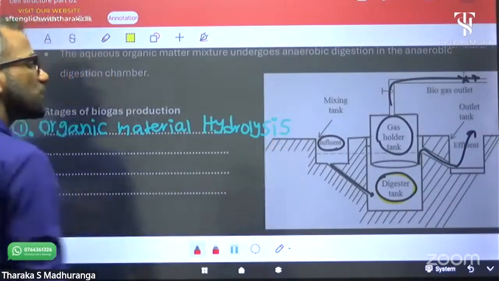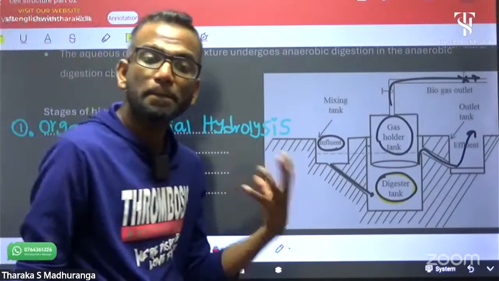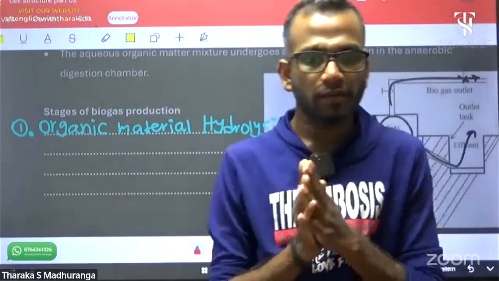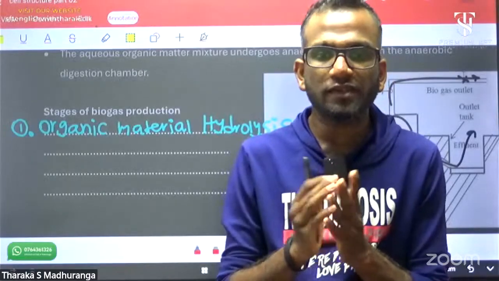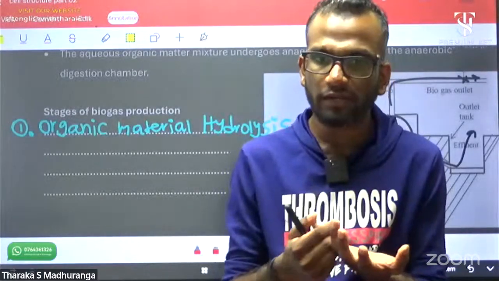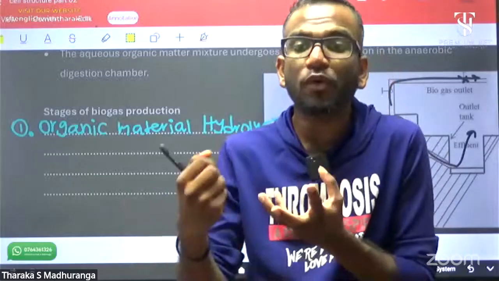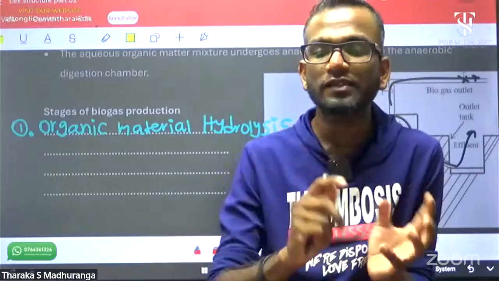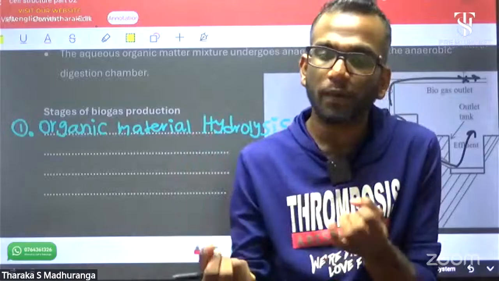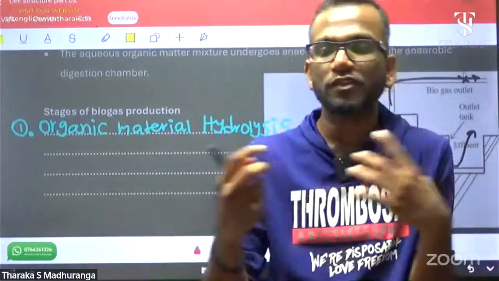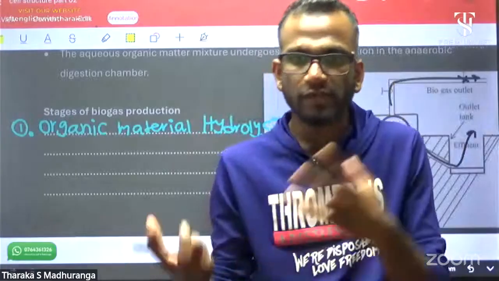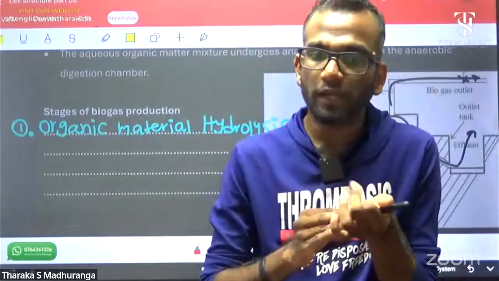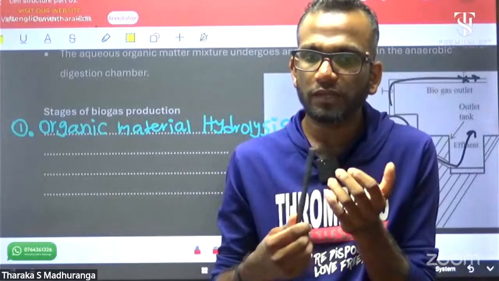I think you already know the meaning of hydrolysis. Hydrolysis means breakdown. What happened in the first step? This kitchen waste contained cellulose compounds, carbohydrate, starch compounds, complex proteins. Complex organic compounds. Hydrolysis means they convert into simple compounds. Starch converts into glucose, cellulose converts into glucose, protein converts into amino acid, lipid converts into glycerol and fatty acid. They break down using methano species microorganism. Understood?